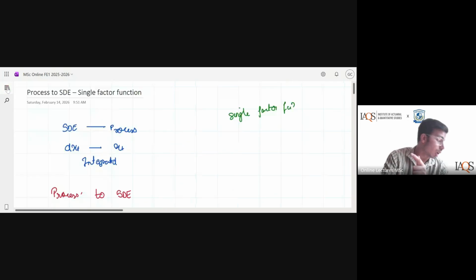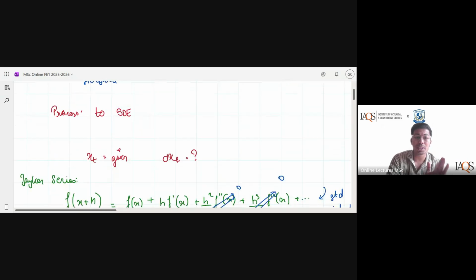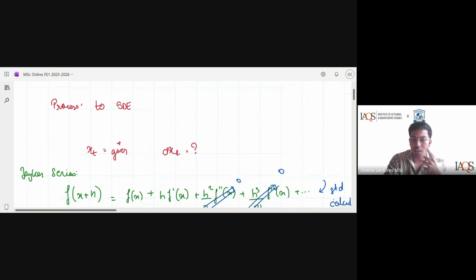All right. Now let's look at the process to HDE. Now, what is process to HDE? Process to HDE is basically I'll be given Xt or I'll be given any particular Brownian motion. We saw we were given Vt, Gt, Lt in the last lecture, the sums that we did. They were a function of some particular type of Brownian motion. They'll give you in such a way some particular Brownian motion and they'll ask you to calculate the HDE form of that particular Brownian motion.